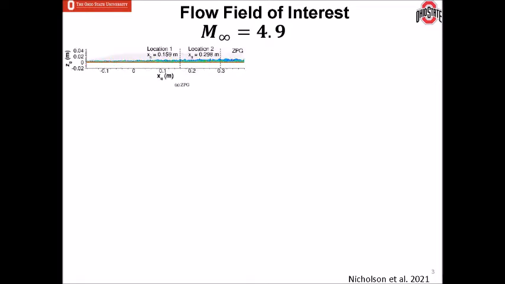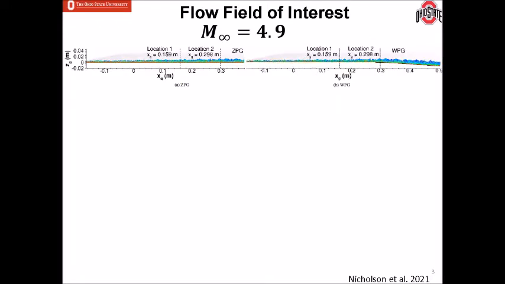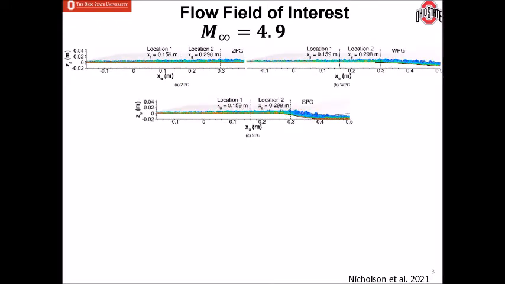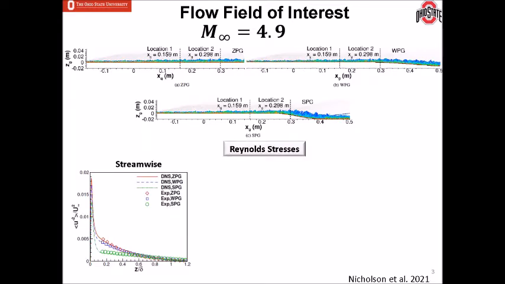The high-speed flow of interest for this visualization is a direct numerical simulation of a Mach 4.9 turbulent boundary layer subjected to 3 pressure gradients: a 0 pressure gradient flat plate case, a favorable weak pressure gradient, and a favorable strong pressure gradient. Looking at the Reynolds stresses, we see that the streamwise component matches well between the DNS and